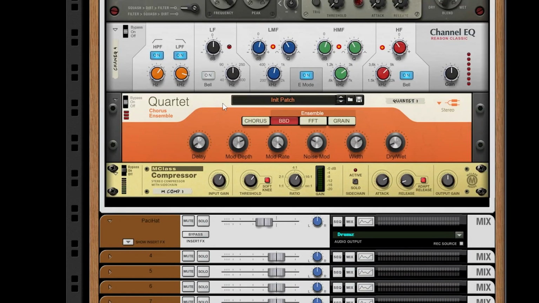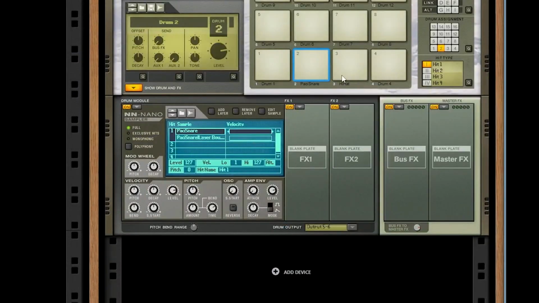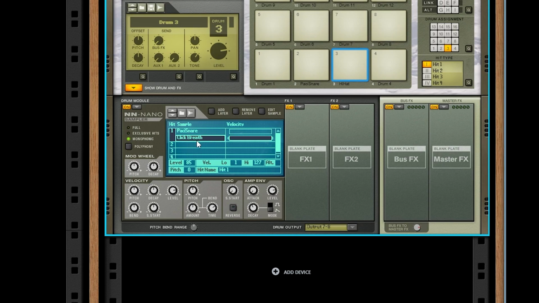Added a quartet chorus ensemble on there using the BBD effect again, but just really subtle, so it kind of gave that multiple snappy feel that you get from really nice lo-fi snares and regular snares, and then compression to top it all off. And then for the pacifier hat, the Paci Hat, which these are all noises basically made out of him sucking on the pacifier, I used the same Paci Snare, and then I also used a click